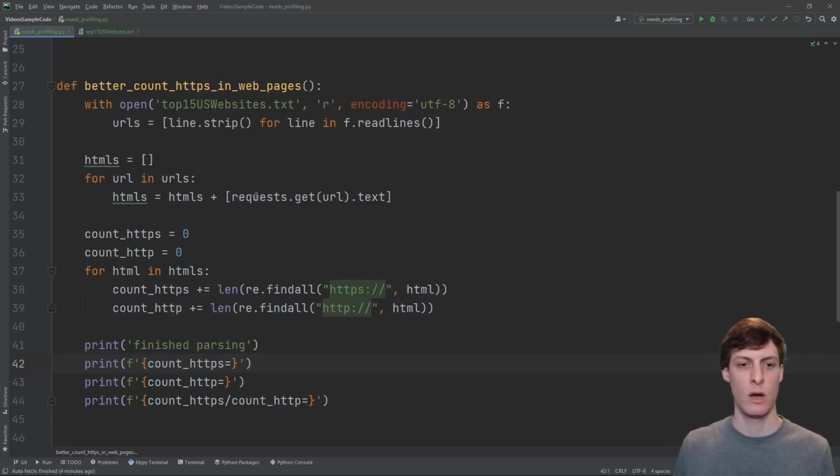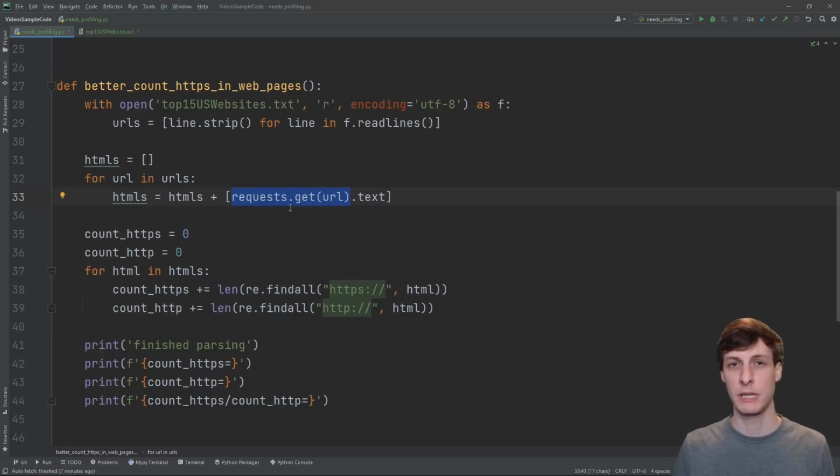The next thing was the requests.get. So here it is, here's the real problem, and we're doing it in a loop. So how can we make that faster? I don't have anything bad to say about the requests library. It's basically one of the most well-written libraries in all of Python. It's extremely easy to use, the API is very intuitive, and it teaches you all about the internet just by using the library. It's just a great library all around.